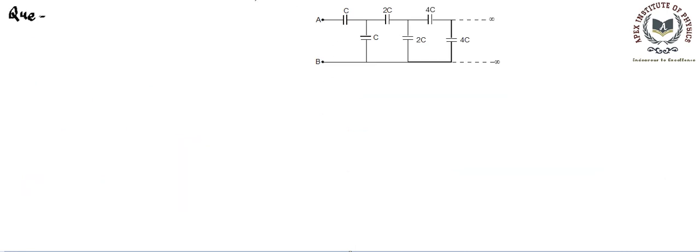Now I'm giving you a question you need to solve based on this infinite ladder. This is again an infinite ladder question, and it says find the equivalent capacitance between points A and B, and this infinite ladder runs up to infinity. Now the difference in this case is this is C and C, then the next is coming as 2C 2C, then further next is coming as 4C 4C, and the next will be coming as 8C 8C, and similarly. That means every time the capacitance is getting multiplied by 2.